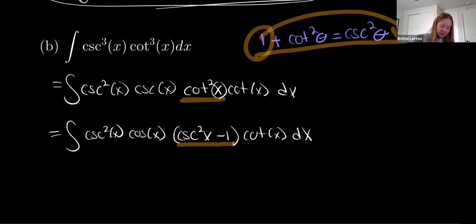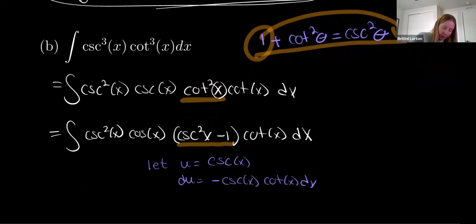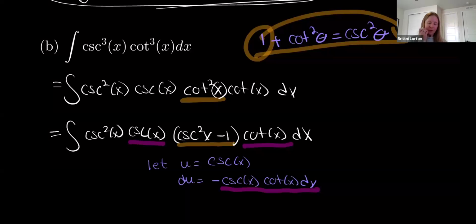And then I'm going to do a u sub. This is another u sub that maybe we're not super familiar with, but it's a good one to get extra practice with. If I were to let my u be just cosecant, remember the derivative of cosecant is negative cosecant times cotangent. And so that means that the du took care of that extra cosecant and cotangent. I realize that that was spelt wrong, so I will fix that. Cosecant, there we go. So that du takes care of that extra cosecant and cotangent, and this will turn into